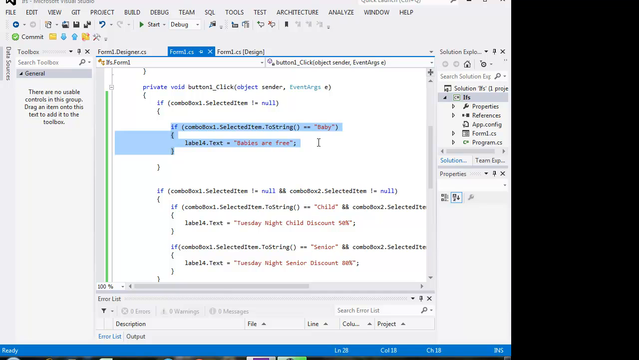Two questions. I can't see what this combo box is. What is this here? You have 2 combo boxes on your form. So this is combo box 1, and this is combo box 2. And combo boxes have a property called selected item. So whenever you pick an item,